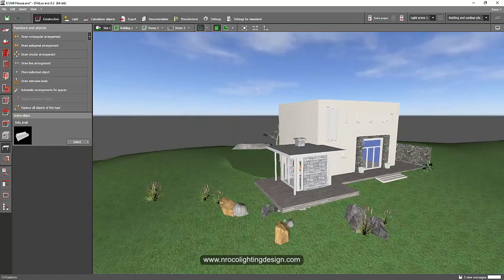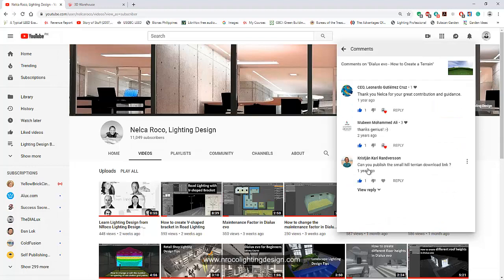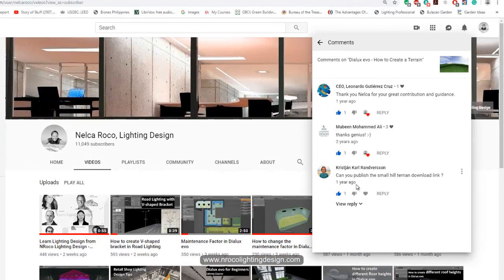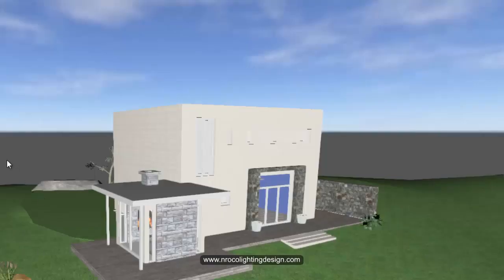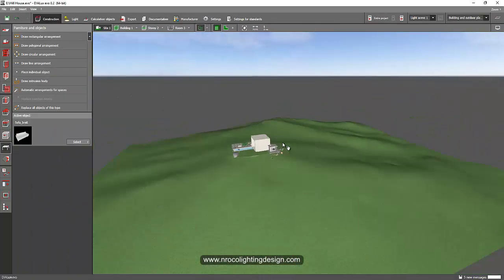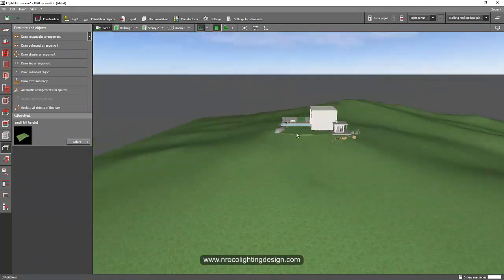And there's another question, and I would like to also attend to that. And this is from Christian Carl Randverson. And she asked me, can you publish the small hill terrain download link? Okay, so from this project, I got a lovely terrain. It's really huge. Look at this one. Yes. And I got this one from 3D